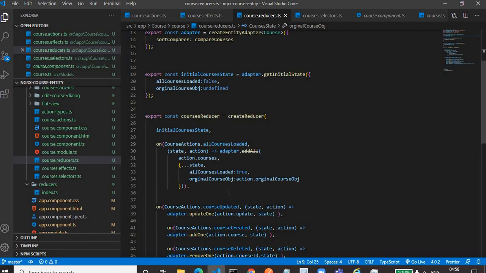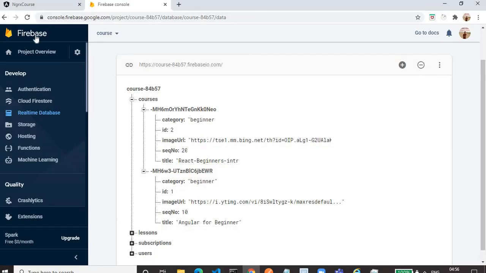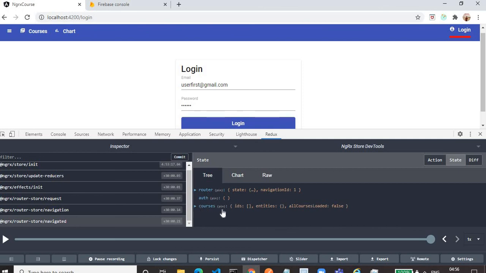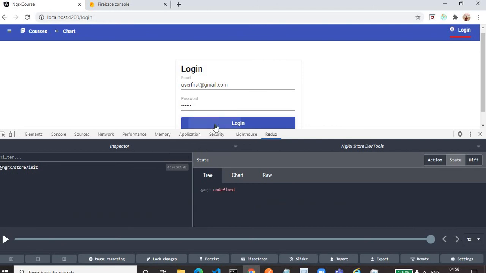Once the data gets stored in the store, as we are using the entity approach, the data gets stored in the form of IDs. If you see the courses state, it has the ID. Because we are logged out, let me log in again.